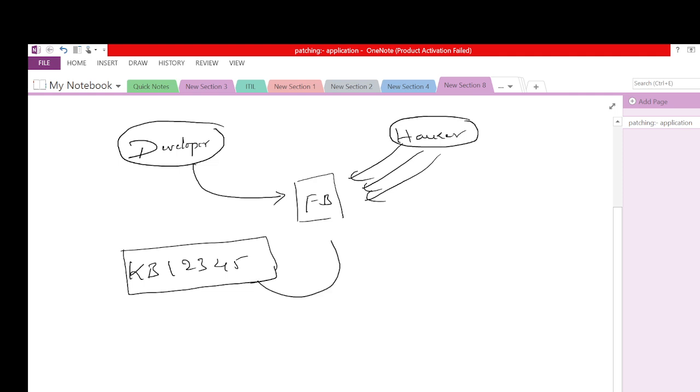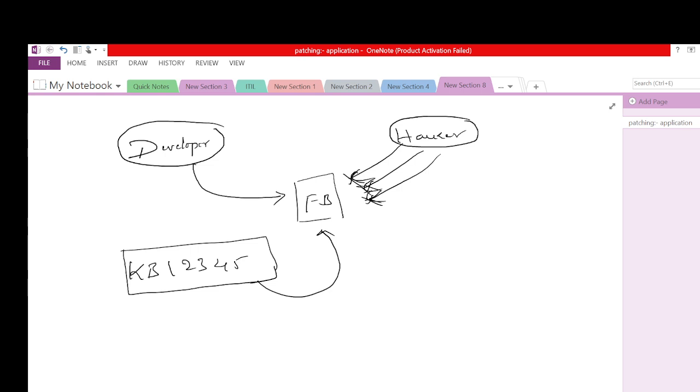If I install this piece of software here, the hacker who is trying to log in through these three ways to penetrate the application, those doors will be closed. This is called mitigation. The developer develops the application, the hacker tries to hack the application.